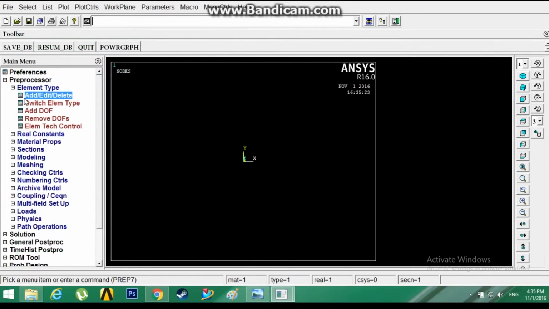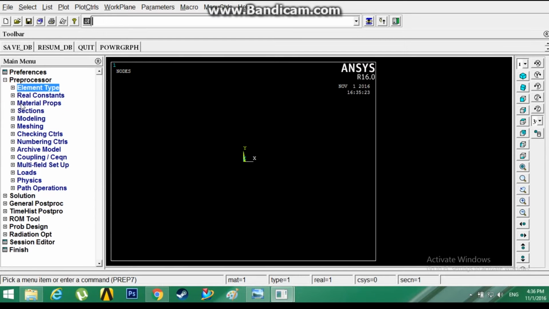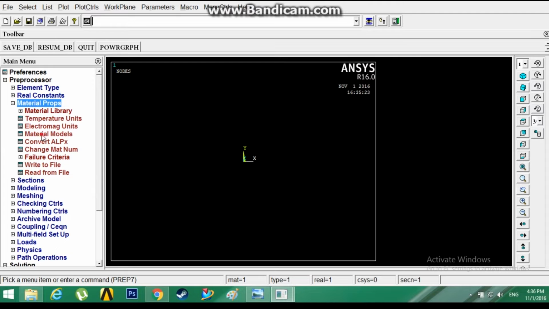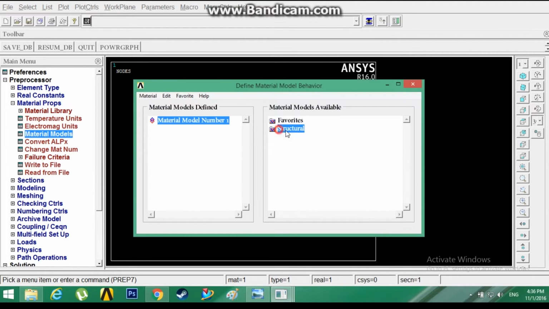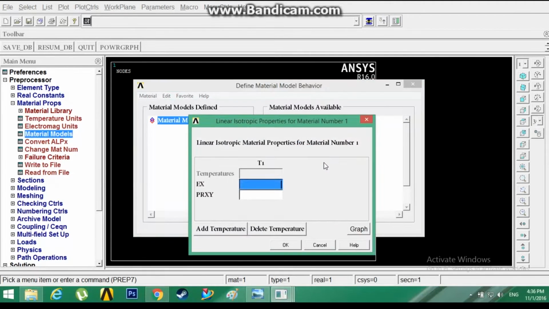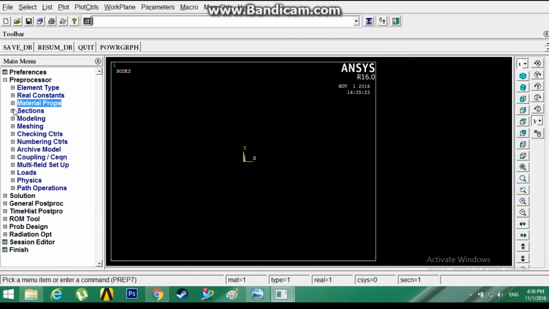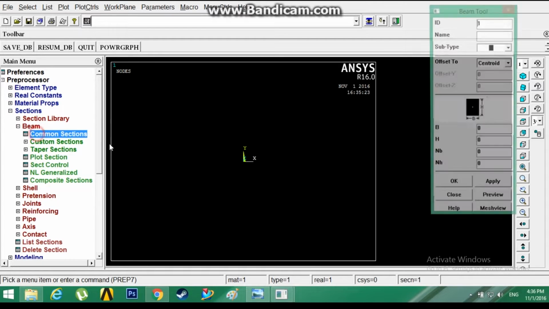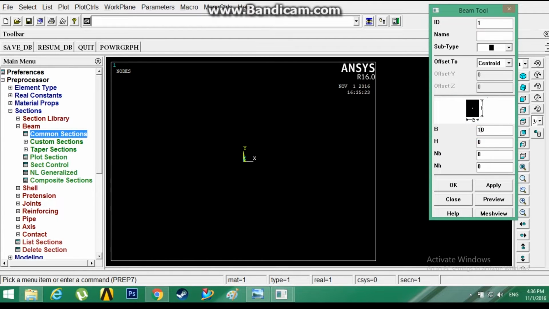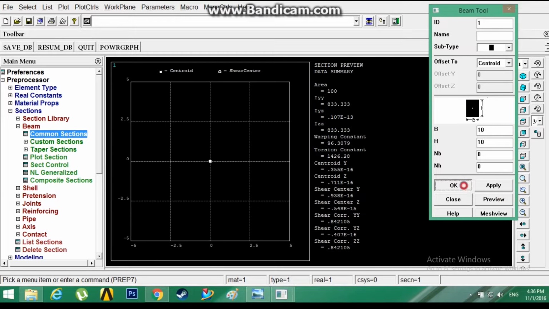close. There's no need for real constants for beams, so go to material properties, material models, structural, linear, elastic, isotropic, 2E5 and 0.3 as Young's modulus and Poisson's ratio for steel. Close that and go to sections, beam, common section, pick a square subtype and assign B and H values, breadth